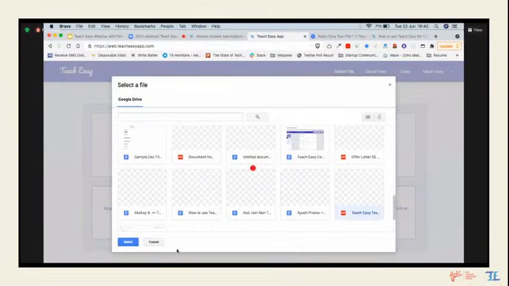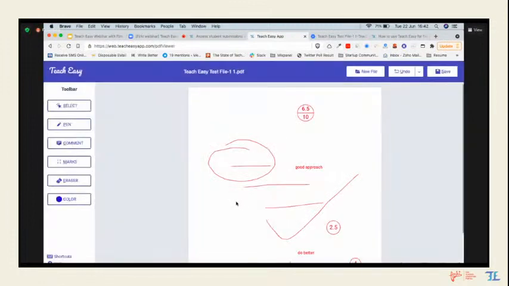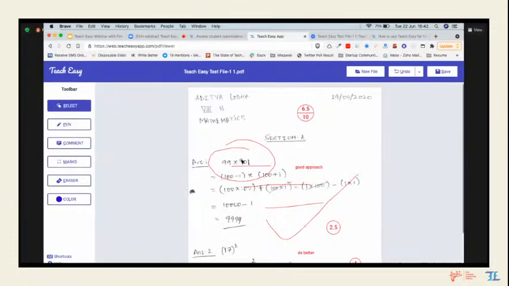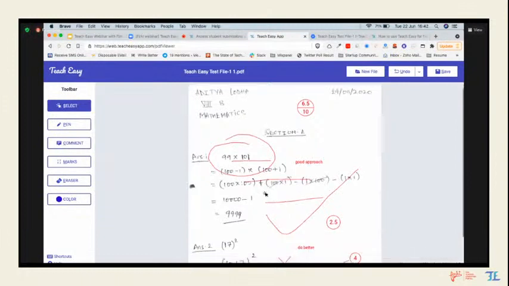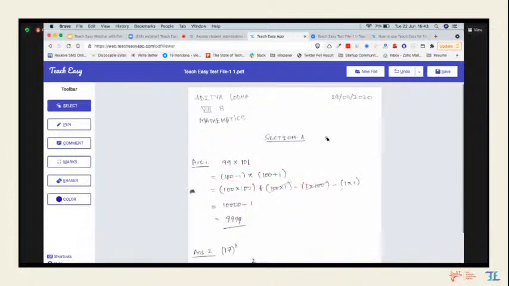So what I'll do is I'll select a file that I want to choose from Google Drive, and I will open it in Ttz. It is the same file that I imported, and that is why you are seeing all the annotations here. But it will open up as a new file. There is an option to even clear all annotations. So you will see that a new file has opened, and then again using the same tools you can do the grading of your students, give them marks, and those marks are auto totaled.